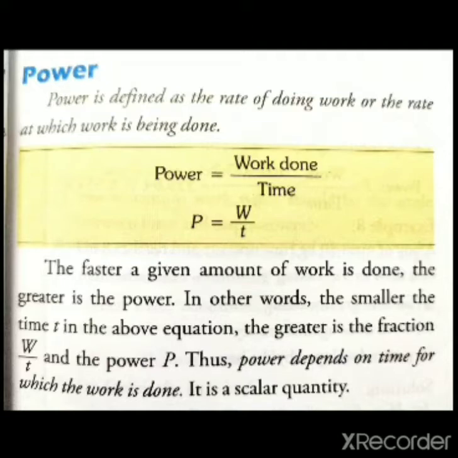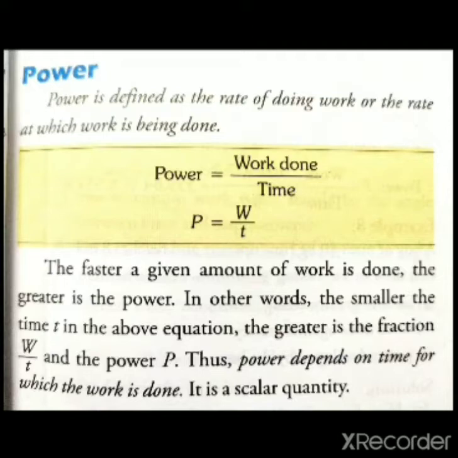In previous classes we have discussed work and the measurement of work done. Units of work we have also discussed, and work done at an angle. Some special cases of work done, where the work is positive or maximum, zero, and negative. Then work done against gravity also we have discussed. So now we will discuss power, units of power, the relationship between power and force, and the difference between work and power. Okay, so without delaying, let's get started.